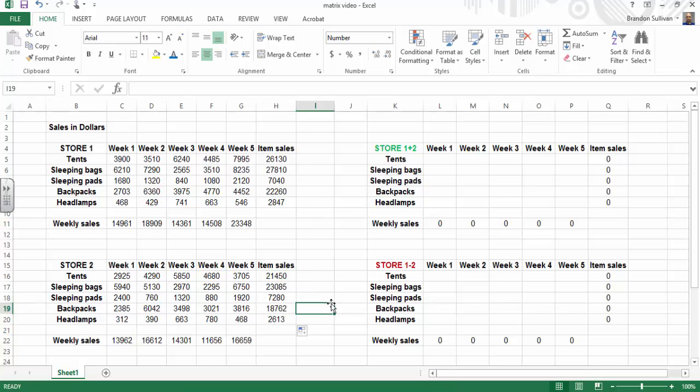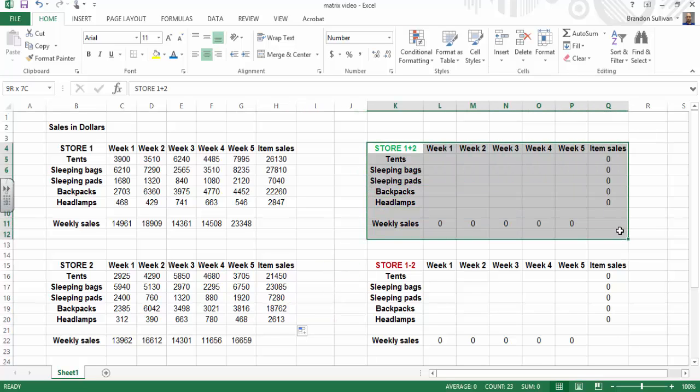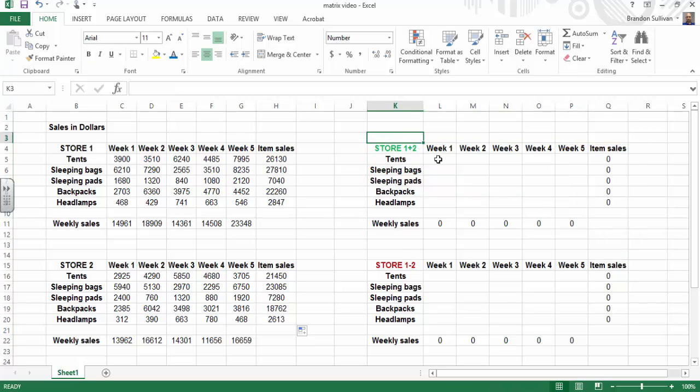One thing that may be interesting is to account for the total sales of the combined stores. So to do that, I've created this box over here